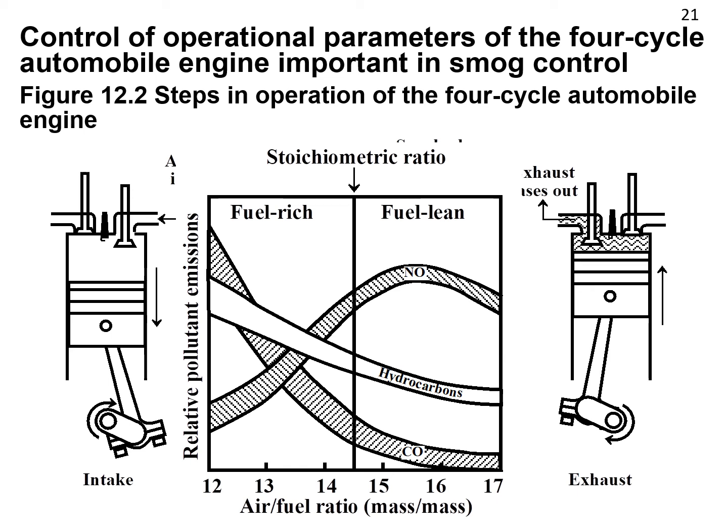That's because an internal combustion engine has a paradox. It can be optimized to completely oxidize hydrocarbons by making sure more oxygen is available, but it also produces more nitrogen monoxide in this case. You can see on the figure, as you increase the air to fuel ratio, as you have more oxygen, hydrocarbons go down, so does carbon monoxide, but nitrogen oxide goes up. Understanding the 4-cycle engine helps to explain why.